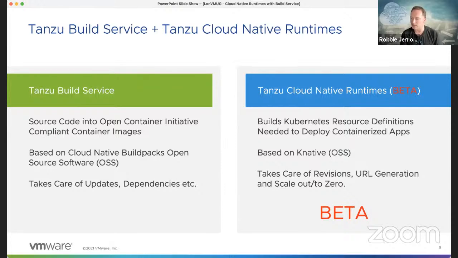You're not accidentally going to be picking the latest version that may have something in it that you're not aware of. So reducing risk by controlling the build. And then on the other side here, we have Cloud Native Runtimes, and that builds the Kubernetes resources. So that looks at the container images, that looks at what's being deployed, and takes care of revisioning, URL generation, lets you scale down to 0. So it's being able to make more effective use of your Kubernetes cluster